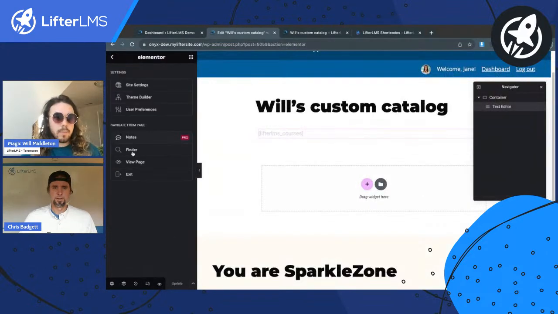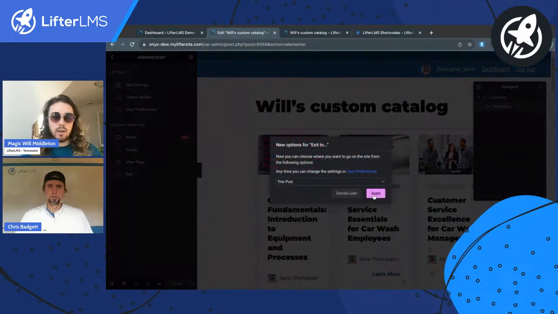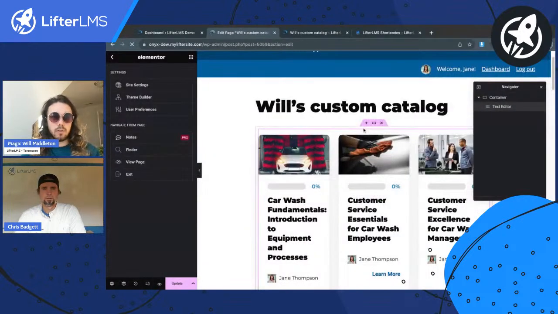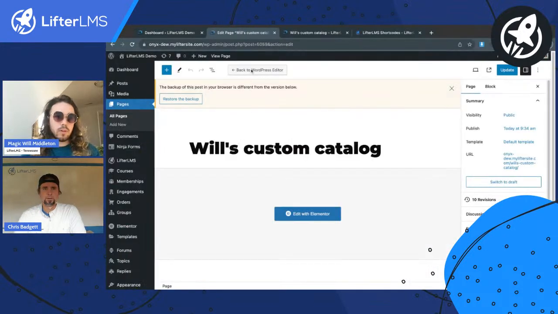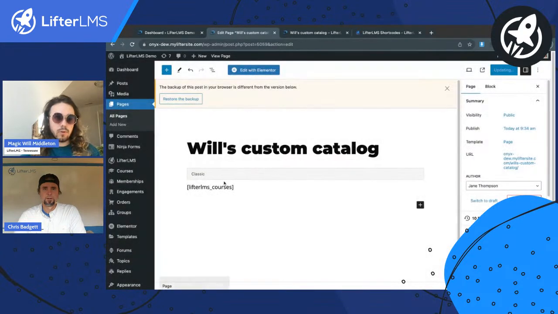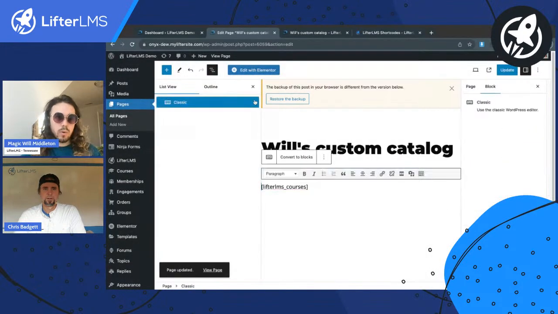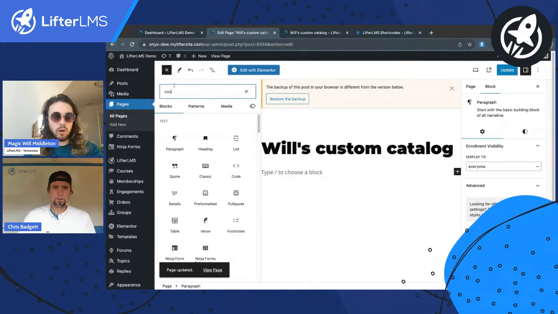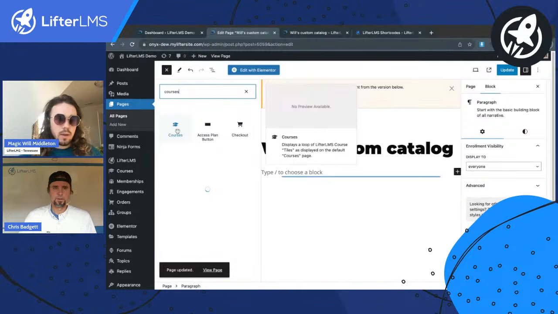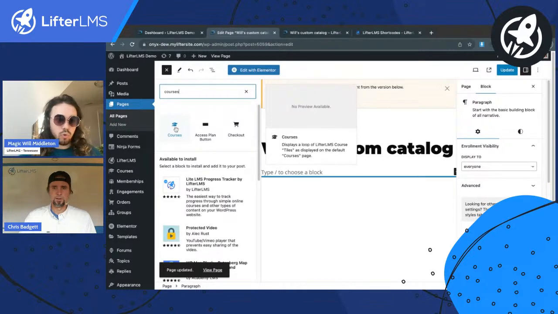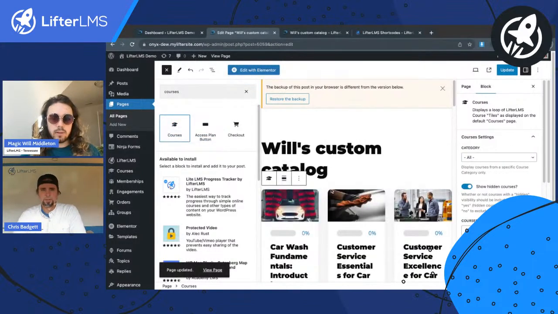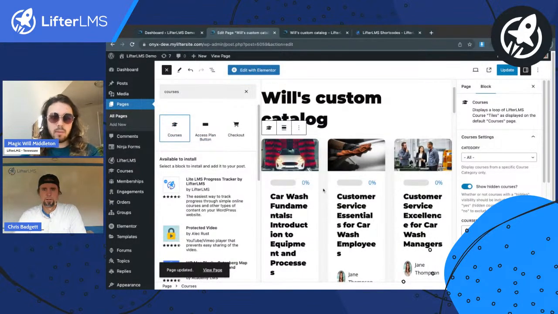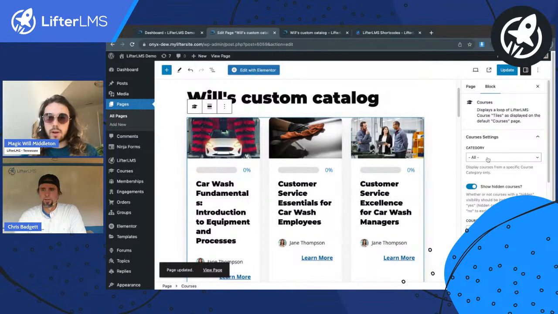Another thing to highlight real quick is if we are in the block editor, we can use the blocks to display courses. So if you're using the default WordPress editor that LifterLMS works pretty well with, what we would do, maybe instead of even using a shortcode, we've turned all these shortcodes into blocks. So we have the courses shortcode here available, or the courses block available, and it works very similarly to the shortcode. We can see it displays something that looks very similar, and then over here on the right, we can